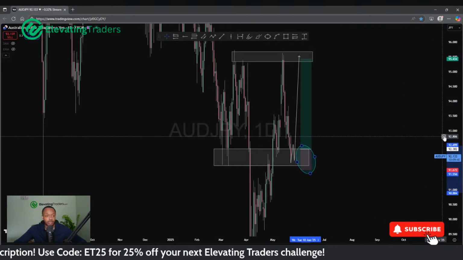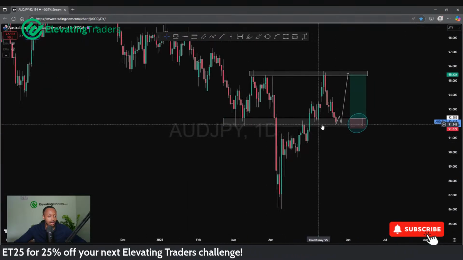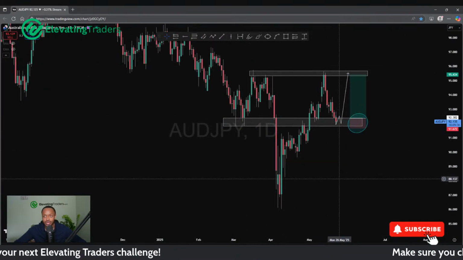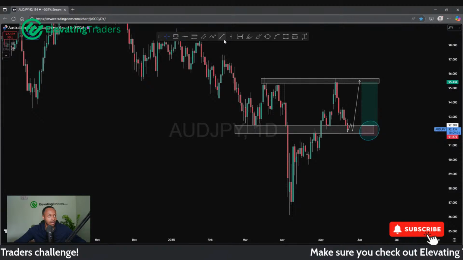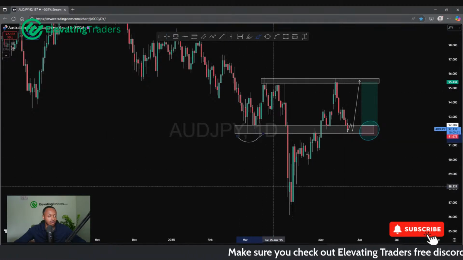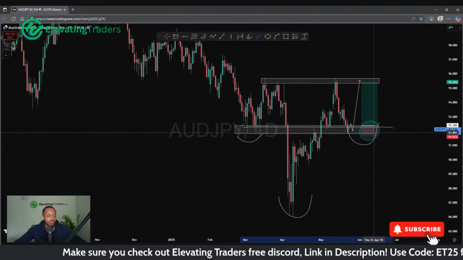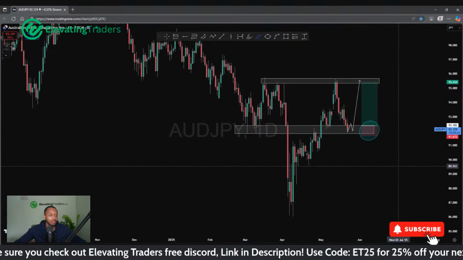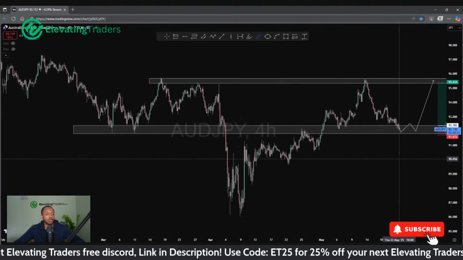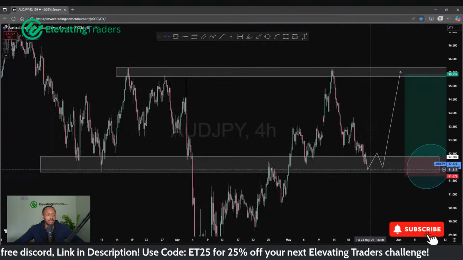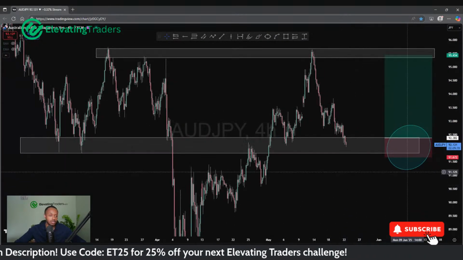Coming into a more meaningful level as well. You can see price support there being taken across. This will be acting as support again. Looking at basically a big inverse head and shoulder pattern. Left shoulder, head, right shoulder. Support taken across. If we can hold that, I do think we can see a rally. So with that said, Aussie yen is my preferred yen pair to trade.